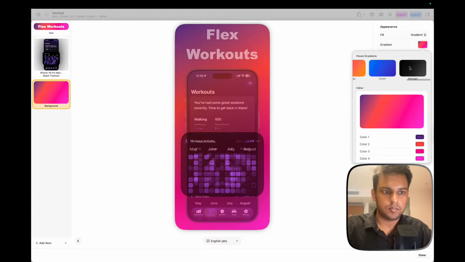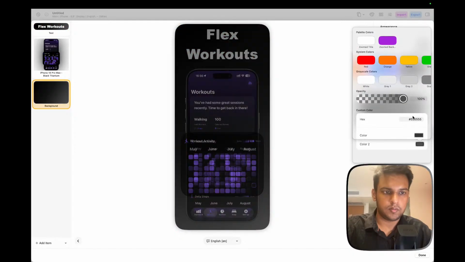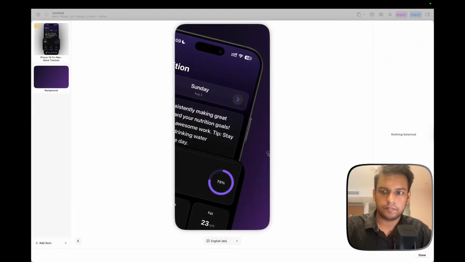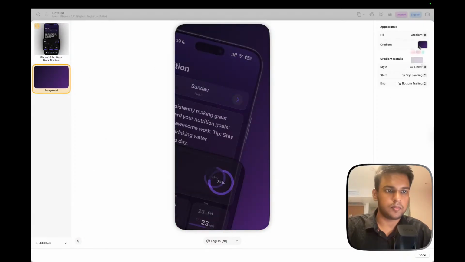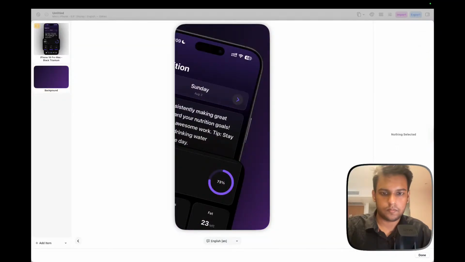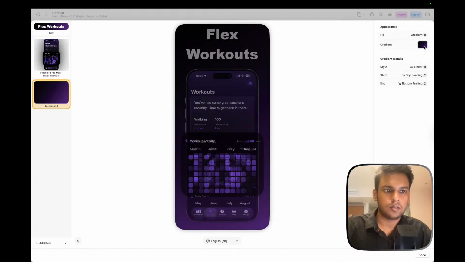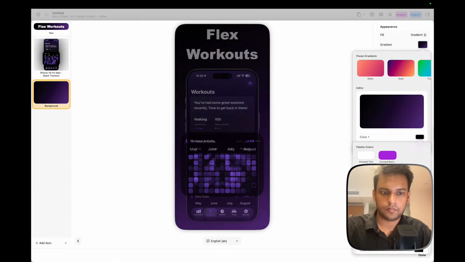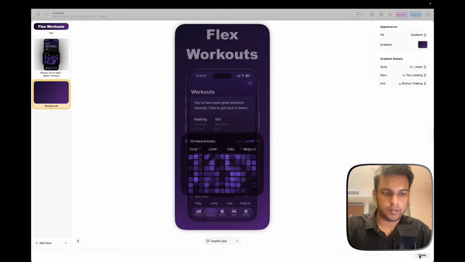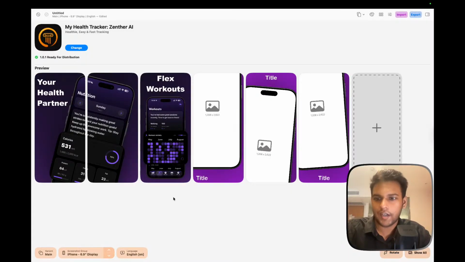So we do the midnight one because we only want two colors, and take the background blue color from here. Perfect. So with that we have our first set of screenshots that I have done.